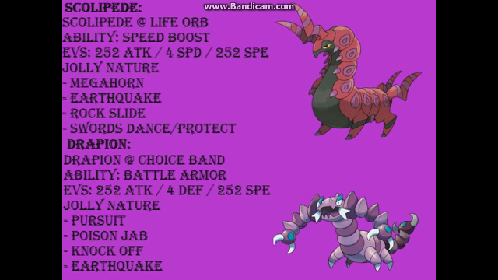Next we have Drapion. Drapion is not commonly found on mono poison teams, as Alolan Muk is much more common in this metagame since it fulfills two roles, that is a psychic check and a specially defensive pivot. However, Drapion can be used on mono poison teams as well. Since it has dark poison typing, it is immune to psychic attacks, and with a Choice Band it hits somewhat